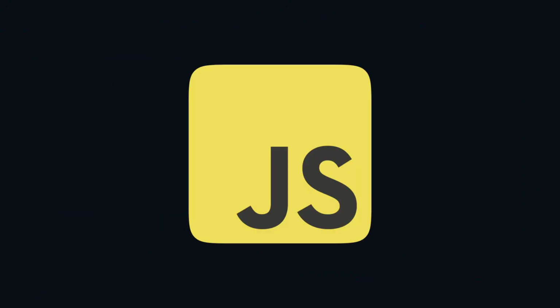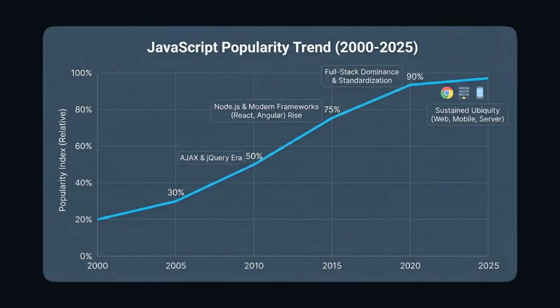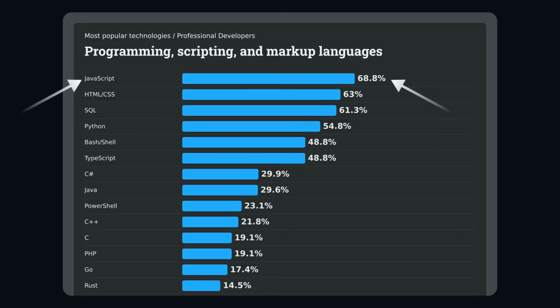From there, JavaScript basically went from that pop-up language to the most important language on the internet, and soon enough, the most important language